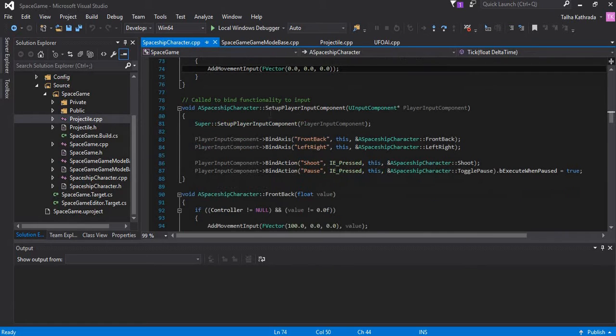Then towards here, I'm setting up the player input. So bind axis, which is a direction. I have two bind axis,